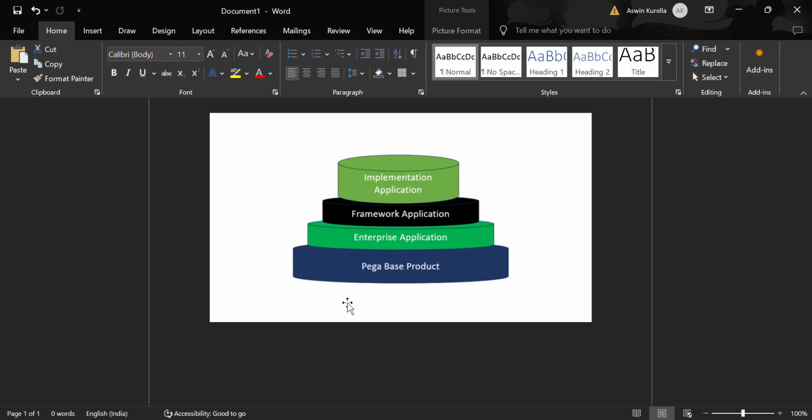So this is all about the situational layer cake, and what the Pega based products are. If you see this cake, it's in the form of a cake, that's why it's known as the situational layer cake. I agree, it may seem a bit confusing with framework, enterprise, Pega based product, implementation and all. But if you know a bit of Java, it's very easy to understand. Like in Java, you can reuse source code from one place in another. Pega is purely based on the concepts of OOPs Java. So if you know a bit of OOPs Java, you can understand this situational layer cake very well,